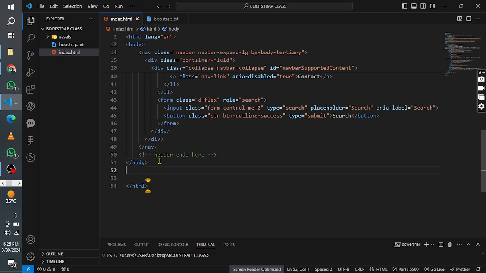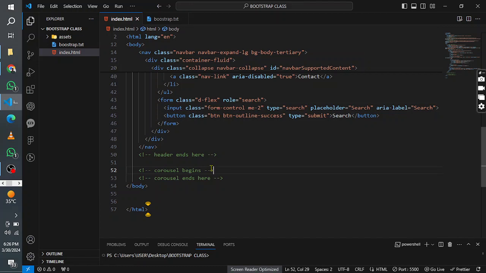I go to the body, oh sorry, so we can go to the carousel. Let's try and add a comment for the carousel. So I say carousel begins. Comments are very necessary so that if we want to change anything in the code, we can easily identify where our code is. So I can say carousel and